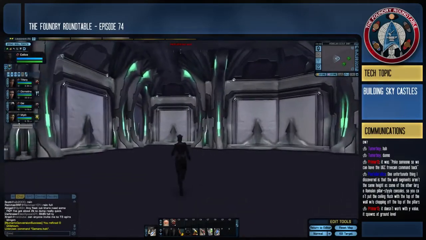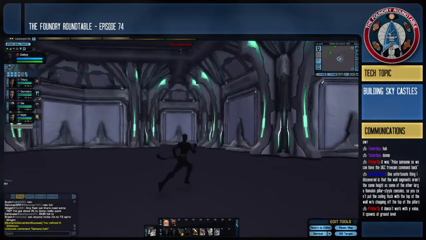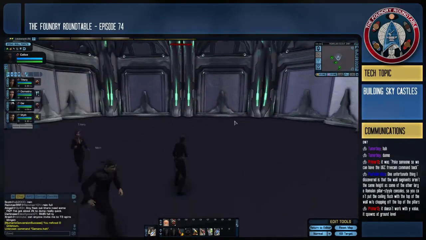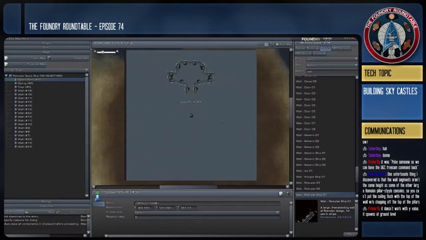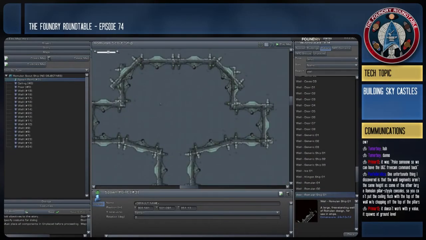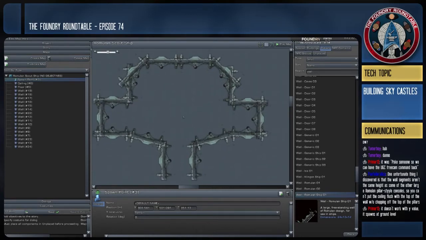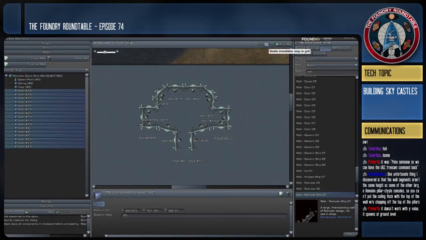All right, so there's the basic layout of our bridge. Yeah, it's reasonable. Put a viewscreen up front, and going onto maybe a platform for the commander. You are correct, that thing does not respect Y values, I think. Yeah, but that's okay. All I have to do now is turn off Snap to Grid and set it back